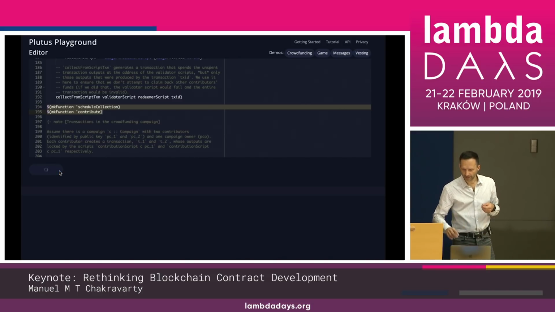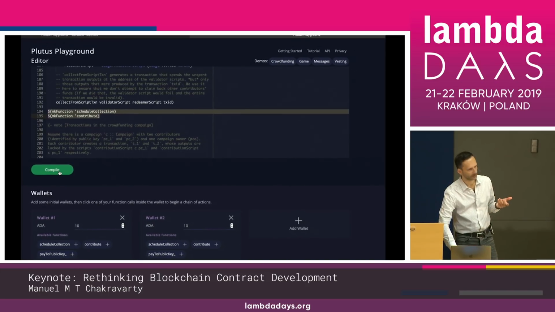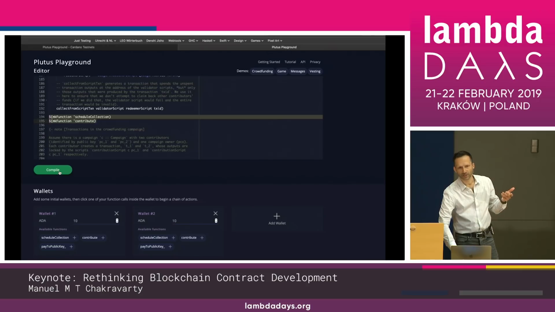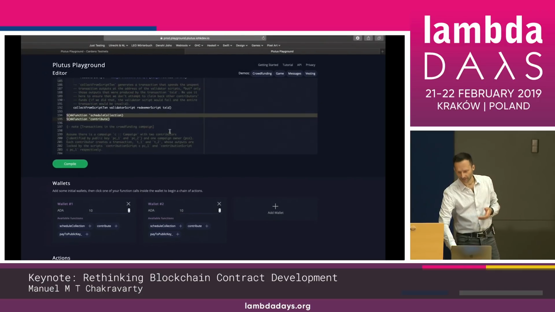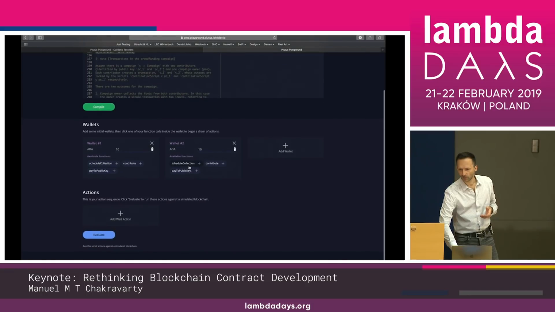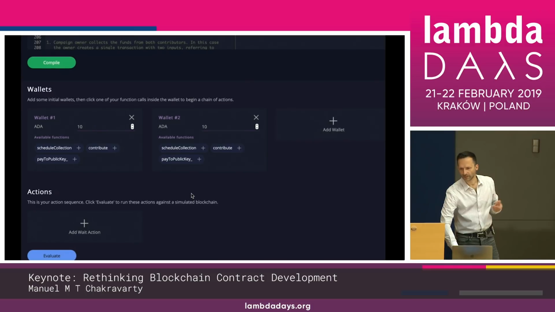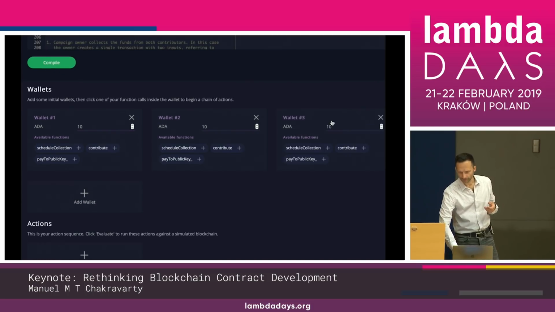And as a result, we get a setup of multiple wallets. So this is an emulator, so you're playing all parties at once who are involved in the system. And so by default, there are already 2 wallets with some initial funds. And for this example, we add a third one.